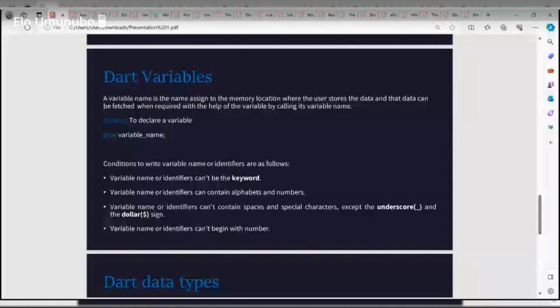So we have conditions to write variable names or identifiers as follows. These variable names can be anything, with the exception of some of these things that we're going to look at right now. Variable names or identifiers can't be a keyword.